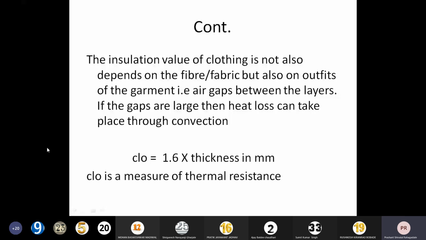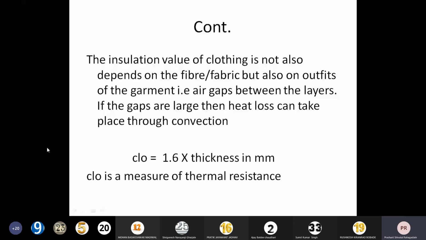Because whatever heat is generated by my body, my skin, to maintain the balance, it is released into the atmosphere. If it is trapped at my skin, then the temperature of my skin will rise and I will feel comfortable. But अगर गैप ज्यादा है तो वो पूरा ड्यू टू कन्वेक्शन हीट लॉस हो जाएगा।